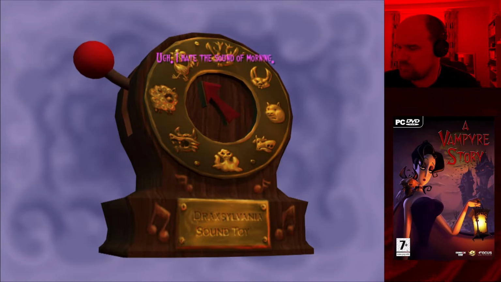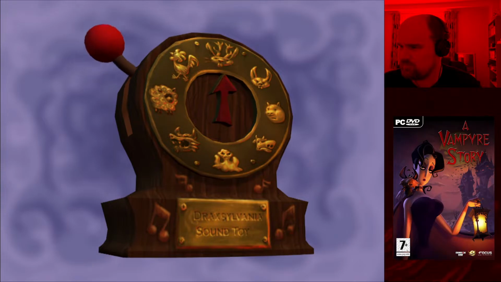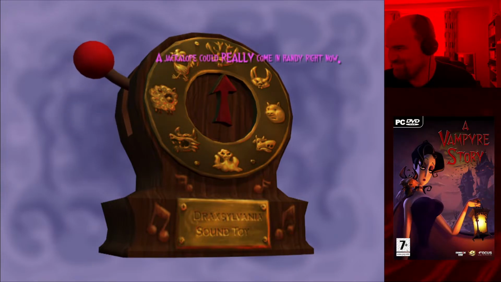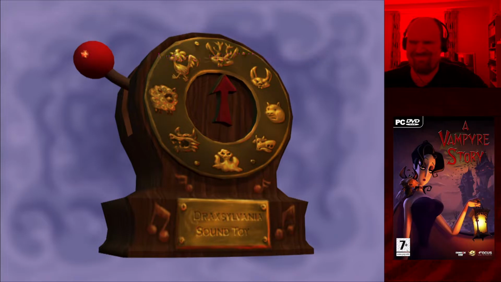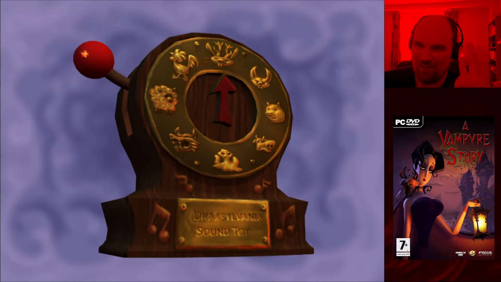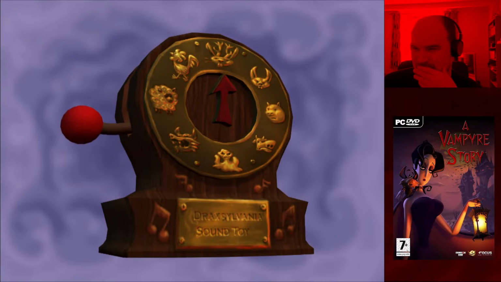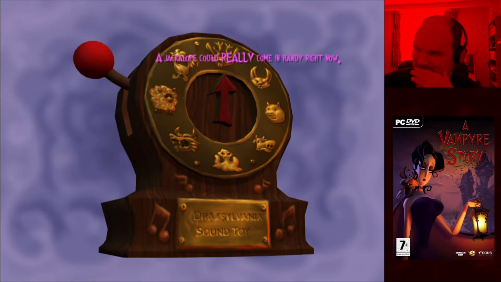Ugh, I hate the sound of mourning. A jackalope could really come in handy right now. Okay, that's funny. What noise does a jackalope make? I don't know. How would we just have it say the word jackalope? Jackalope. A jackalope could really come in handy right now.